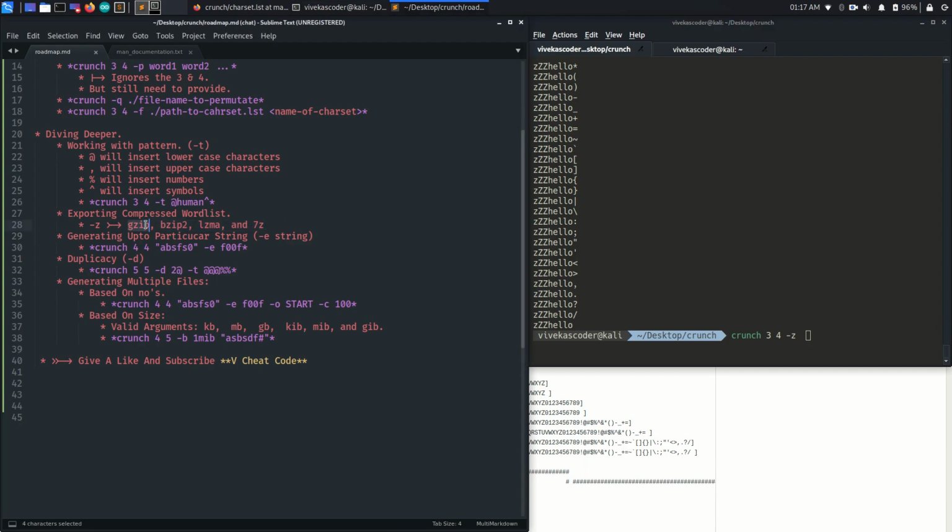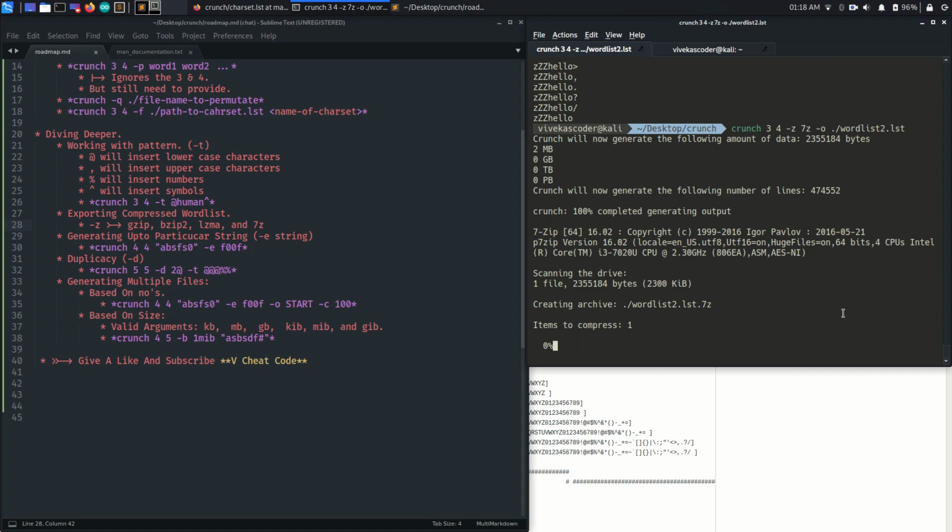The possible values can be gzip, bzip2, lzma and 7z. So I'm gonna implement 7z here, right? And then type -o and give the name of the file. So I'm gonna call it wordlist2.lst. Now hit enter.